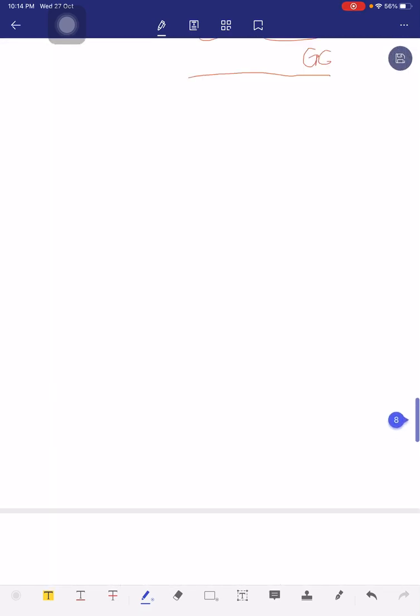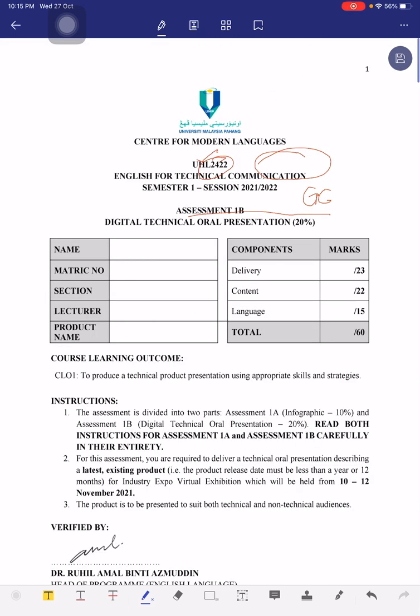That was the briefing on assessment 1A and assessment 1B. If you need further clarification regarding this, please do not hesitate to ask me in the Telegram group. So until then,